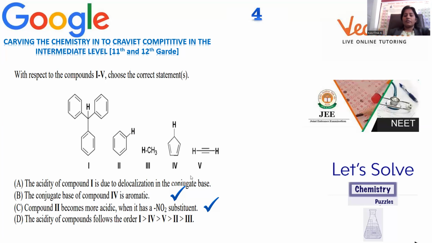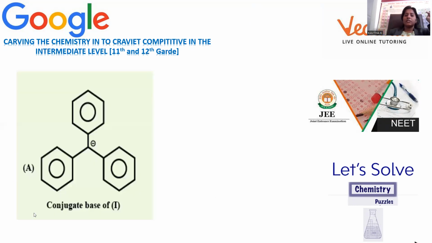And moreover, after this one, we can't say acetylene. Acetylene has an sp hybridized carbon. That's why its s character increases and carbon electronegativity increases. That is a factor. But here the electronegativity and pulling tendency of the nitro group will be more, no? So exactly what they are mentioning is not the correct order. So here the fourth compound will come as the starting one, because it is becoming aromatic. So for the given question number 4, option B is correct. Option C is also correct. Let's move on to